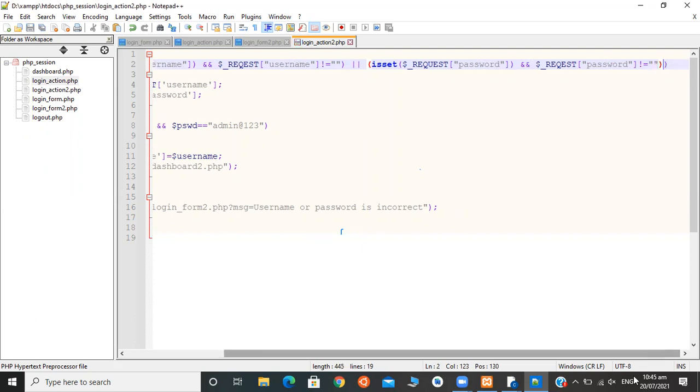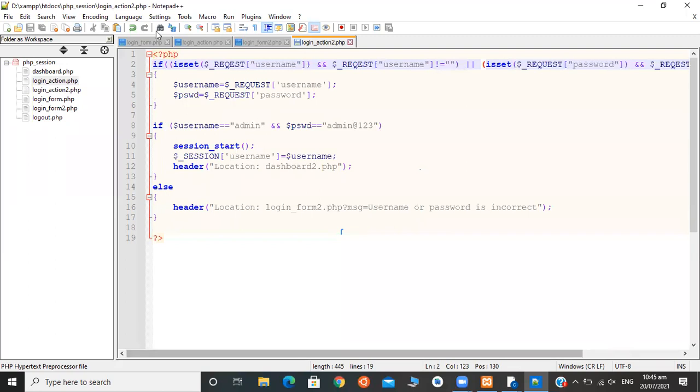So it means the login credentials should not be blank or it should not be wrong credentials.